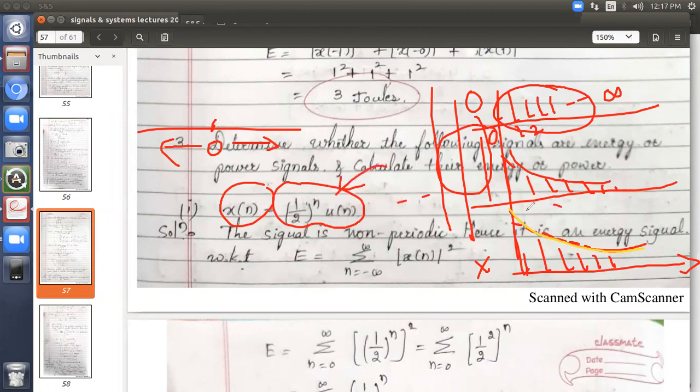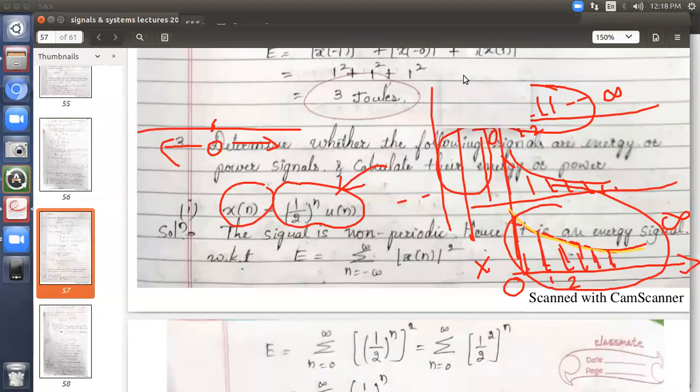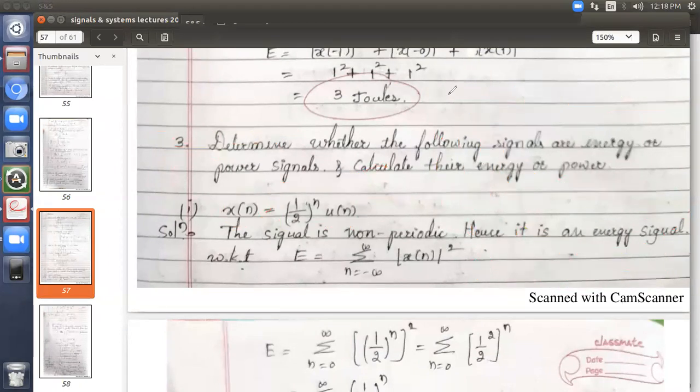No doubt it is an infinite signal which starts from 0 and extends up to infinity. However, if you observe the amplitudes, they are not repeating at any time. Amplitudes are totally different at all the times. So it is not a periodic signal, and not periodic means we should directly go for energy. Just write the comment that the signal is not periodic. Hence, even though it is infinite, it is not a periodic signal, so you have to calculate the energy directly.